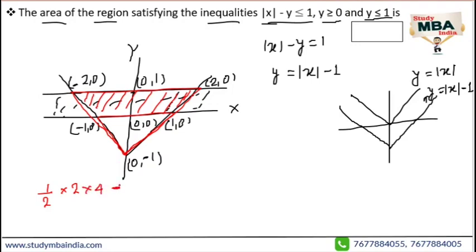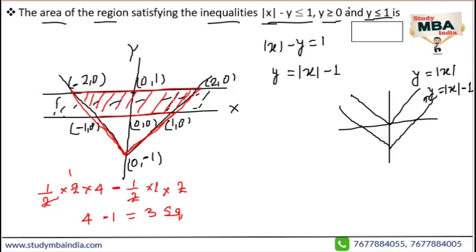Now we will subtract the area of this smaller triangle. The height is 1, from the origin to 1. So this is 1/2 into 1 into the base length. The base length is again 1 this side and 1 this side, so this is basically 2. The 2s get cancelled out. This is 4, and here the 2s get cancelled out, so this is minus 1. So the required area is 3 square units.